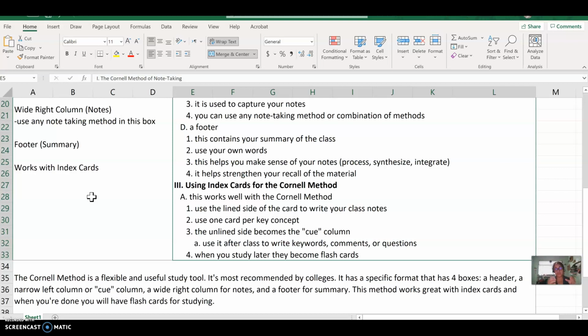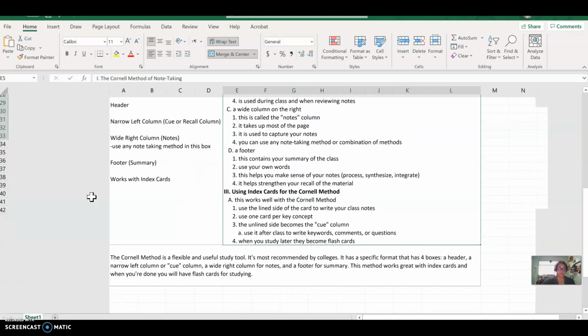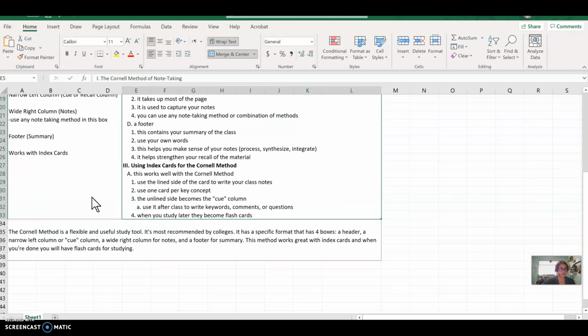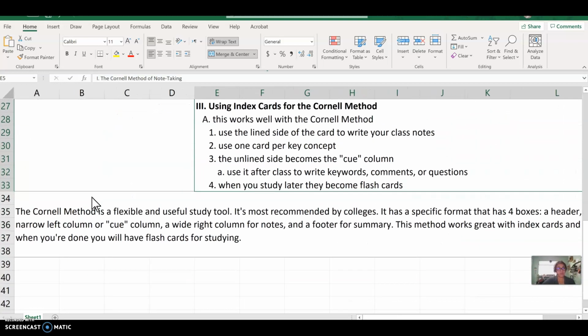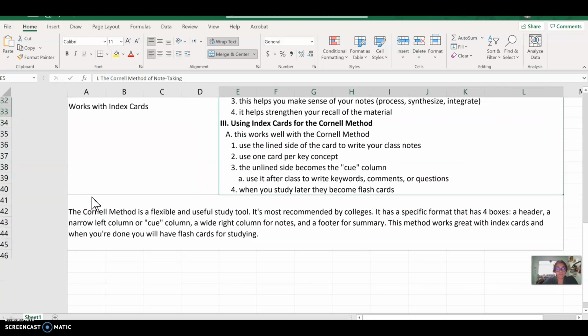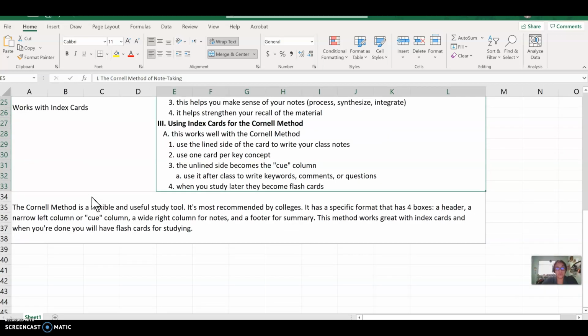So you should have just a stack of flashcards. Each flashcard will be 1 topic. That would be your Q column, and on the opposite side will be your notes about that particular topic. And you can even have 1 card as your summary card as well. And so let's read the summary. The Cornell method is a flexible and useful tool. It's most recommended by colleges. It has a specific format that has 4 boxes, a header, a narrow left column,